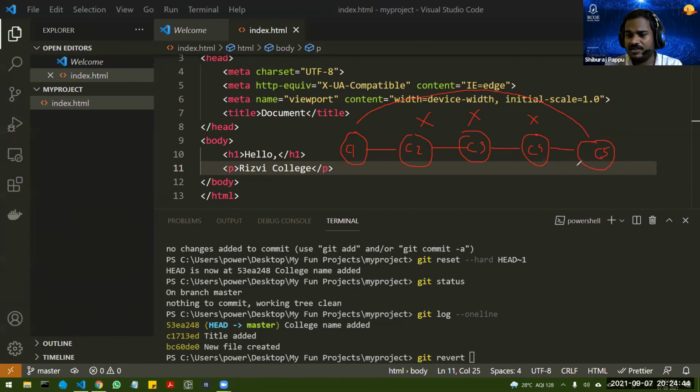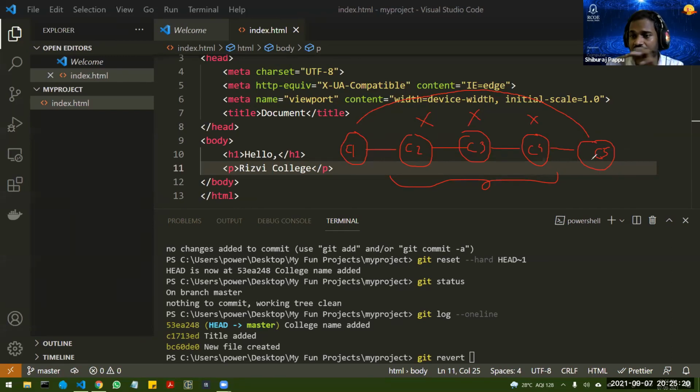When you do git revert, it saves the entire process as it is. All the code from here will be taken, and any changes done after that will be gone, and only the state that the code was in at C1 will be copied